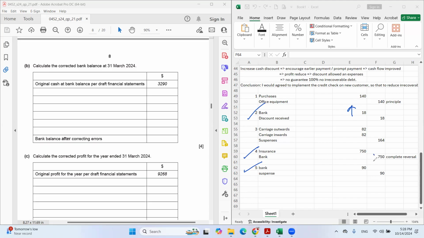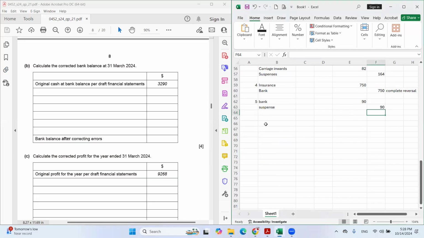When you credit, bank will decrease. So this is 2 debits, 1 credit. So these 2 are plus, this one will be minus. So correcting the bank amount, the original bank balance is